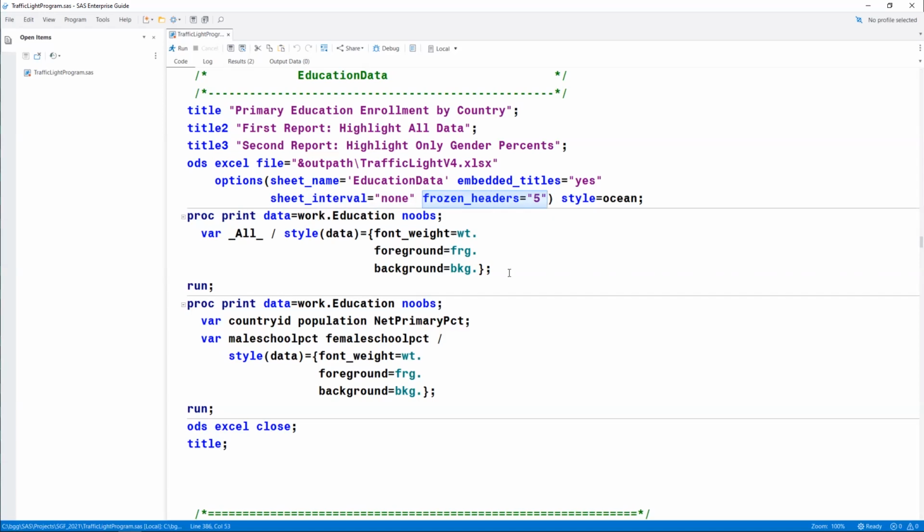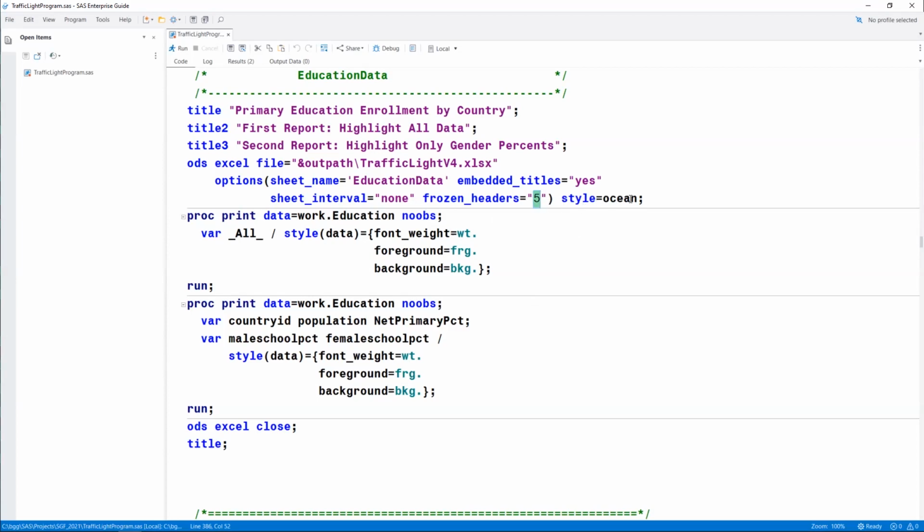And so I have been using 2 title statements in the past. Here I have 3, and then that means I showed you there were 4 rows before. With the third title, we need 5 rows frozen.